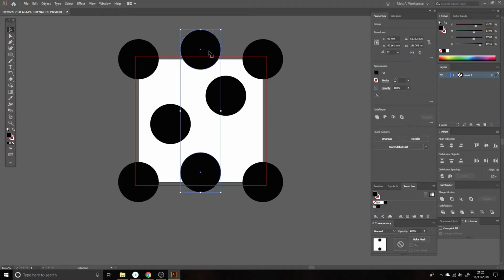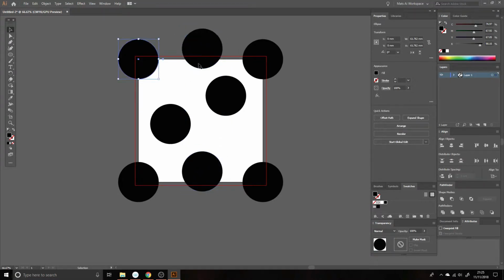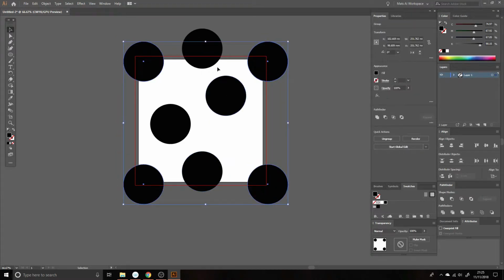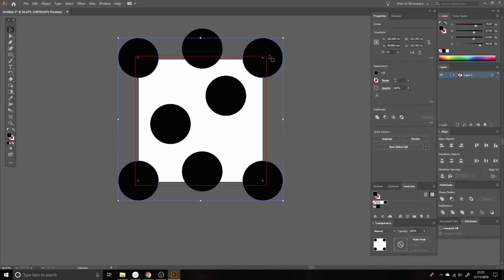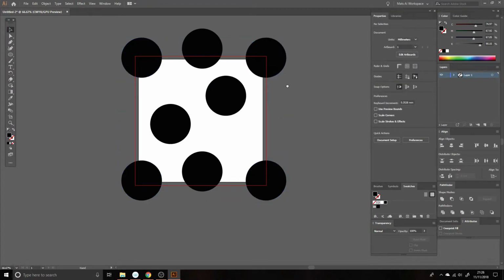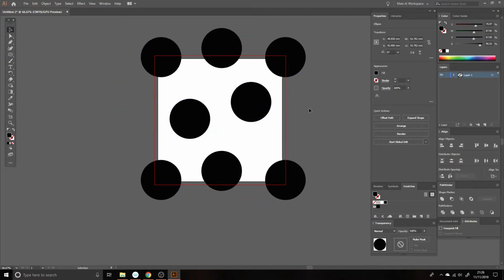So now when you move this one, if you were to move this accidentally, you're not breaking the tile at all. So if you can select those four, because those four are a repeat of each other, Apple or House G to group those. So if you weren't very happy with the spacing there or here, let's say you wanted to fill that gap in a bit more, you can move them like that. So once you're happy with your tile,